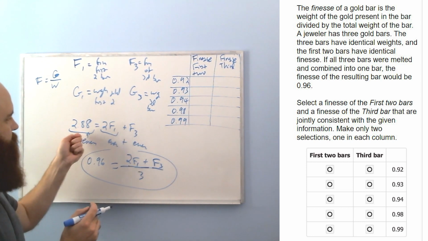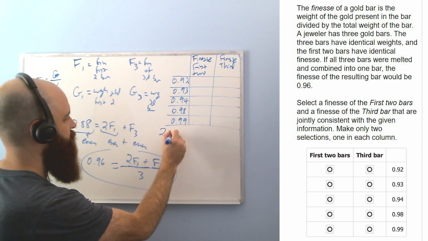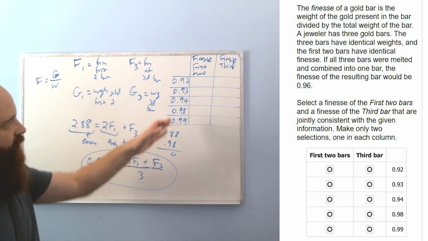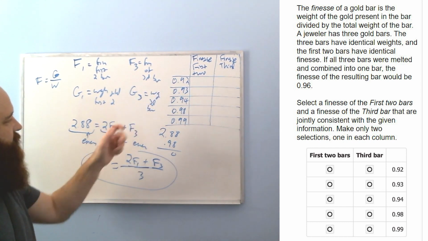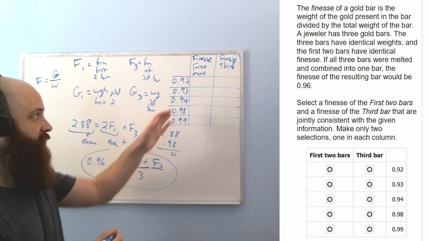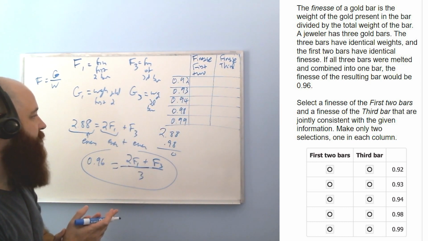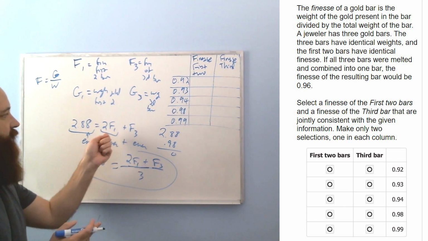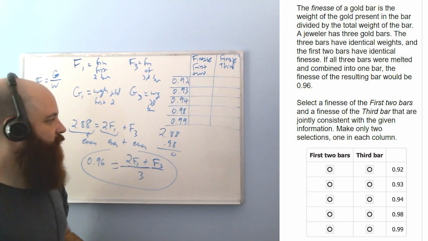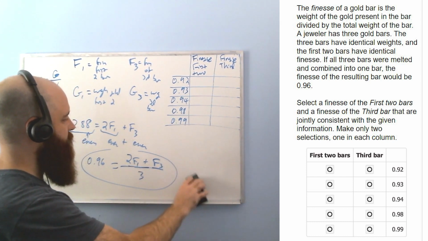Okay, so if I subtract 0.98 from 2.88, notice at that point the hundredths digit is going to be 0. Right? And I might just scan these and see, is there anything here that if I multiply it by 2 would give a hundredths digit of 0? No, right? None of these ends in a 5. They're all going to give a hundredths digit that's not 0. So 2f1 can't give something with a hundredths digit of 0. f3 can't be 0.98. Okay, save myself a little bit of arithmetic there by being alert to the